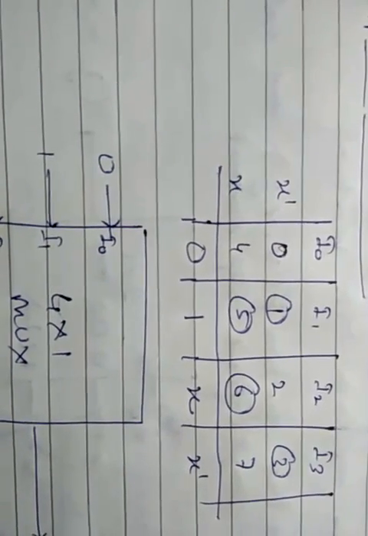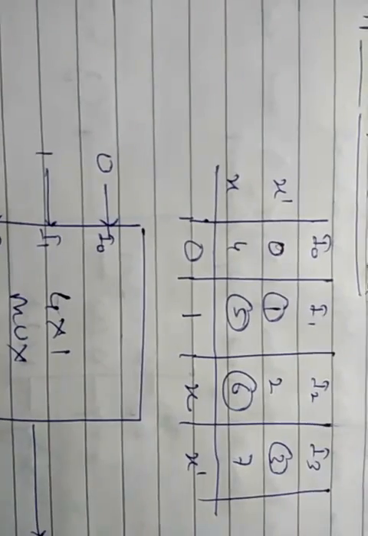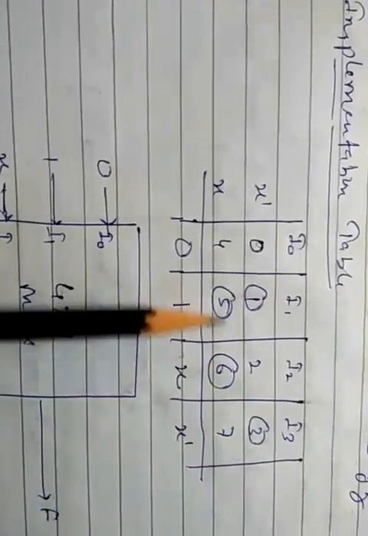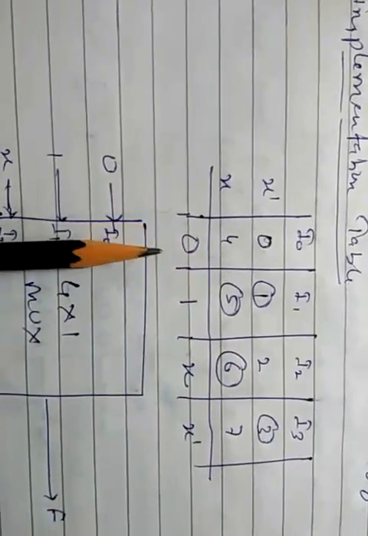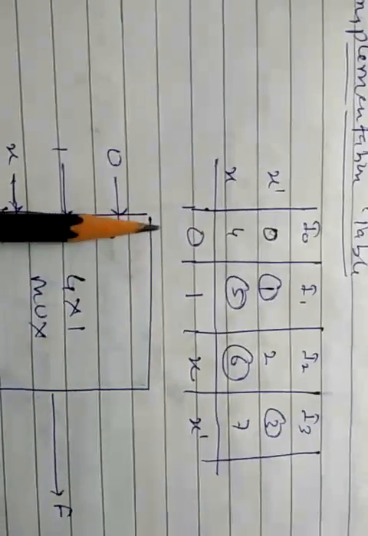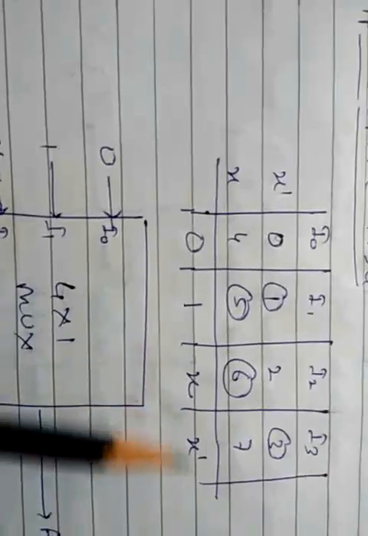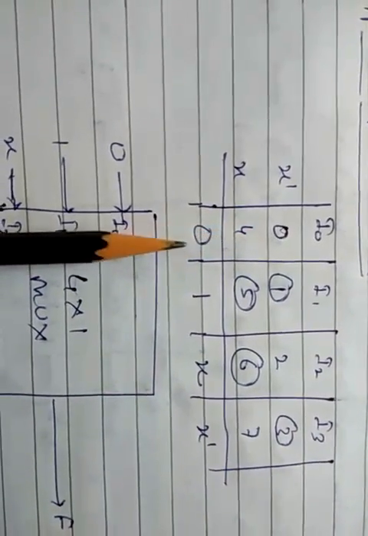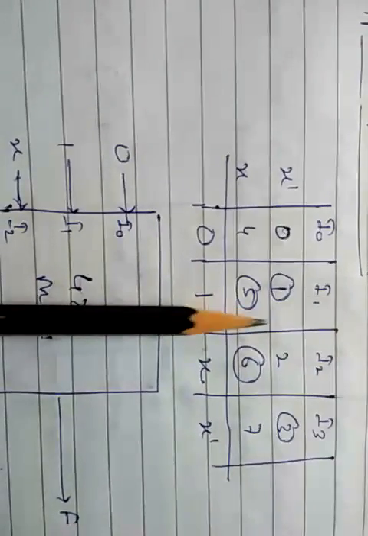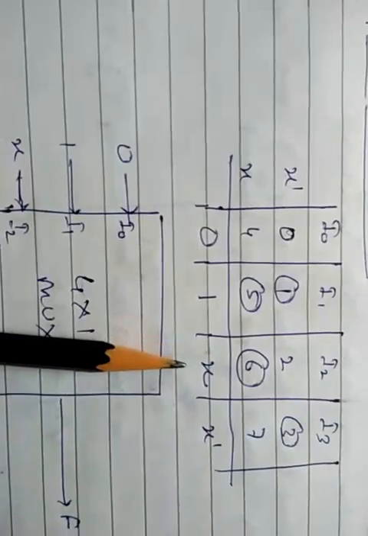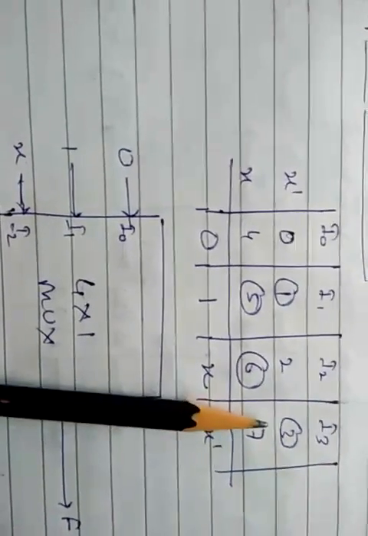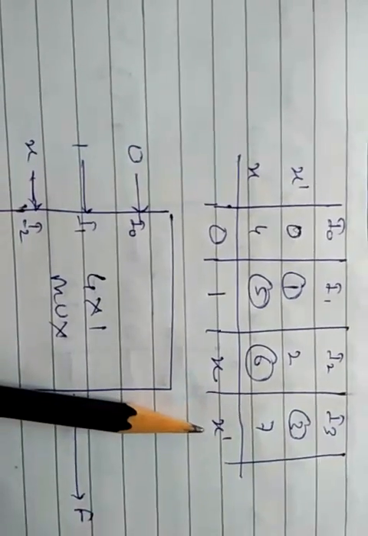So mark the circles on the numbers which are given in the question, 1, 3, 5 and 6, and write the values below this table according to the rules. If no circle is marked, 0 will become. If both circles are marked, 1 will become. If only the bottom circle is marked, then there will be X, or if the top number is marked with a circle, there will be X bar.